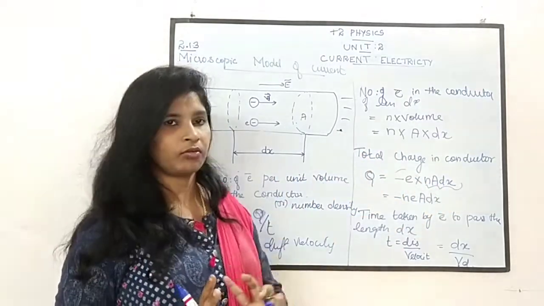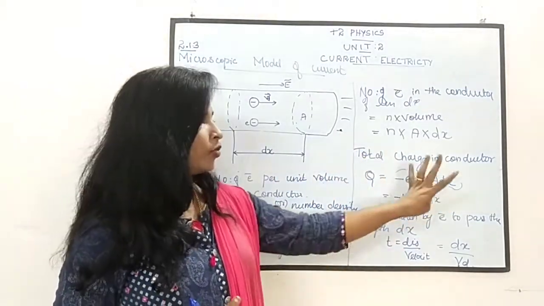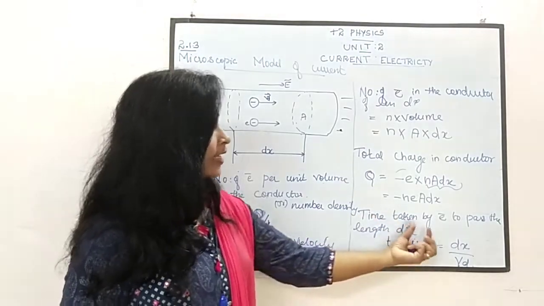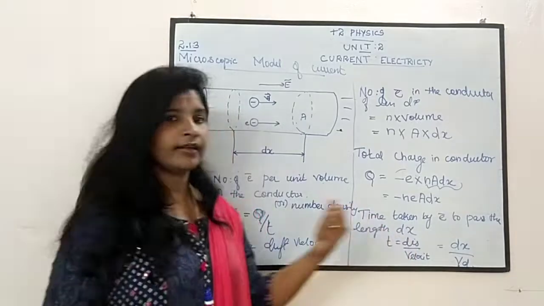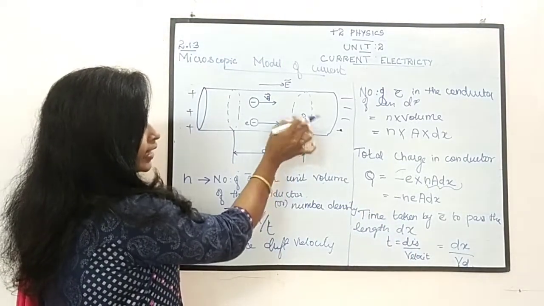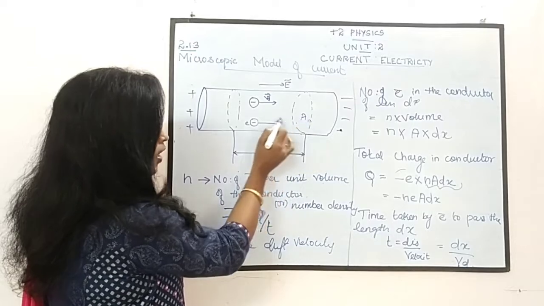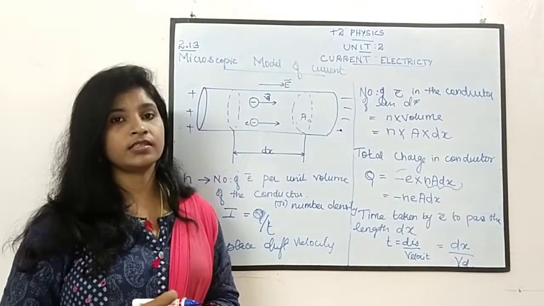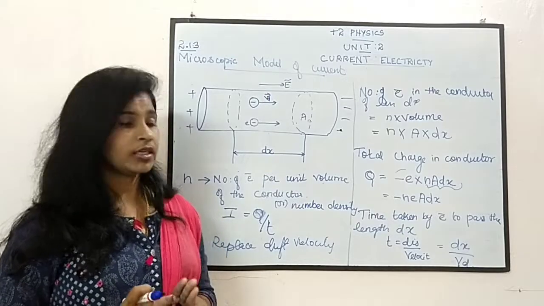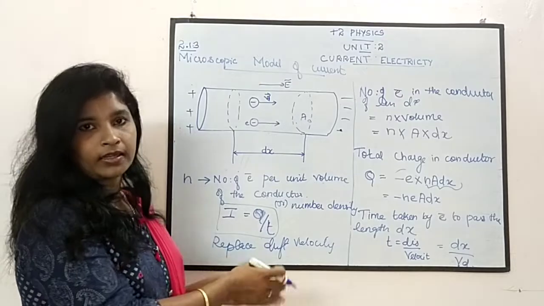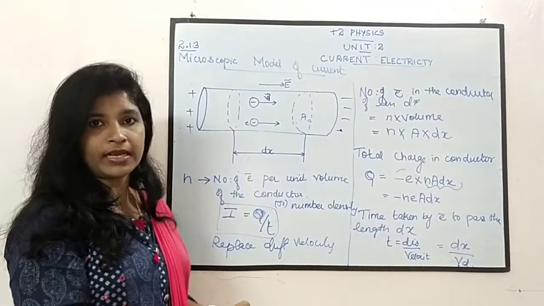That we have calculated. So Q, the total amount of charge, is calculated. The next step is the time taken by the electron to pass the length dx. அதாவது an electron is here. Okay. So what is the time taken by one electron to pass this length? இந்த length கடந்து போறதுக்கு what is the time it is taken? Okay. That we have to calculate because our main formula is I is equal to Q by T. In this area we are going to replace it, right?